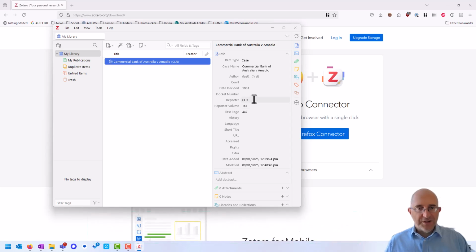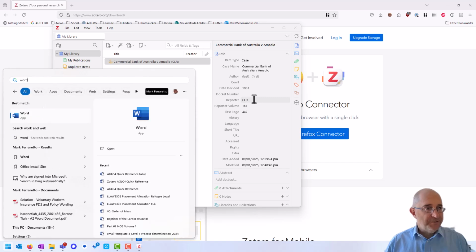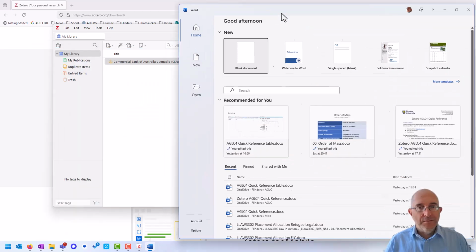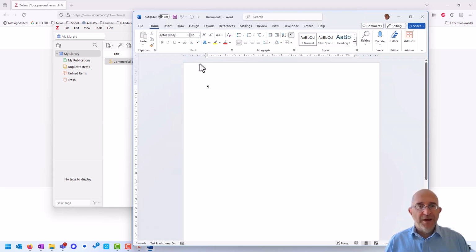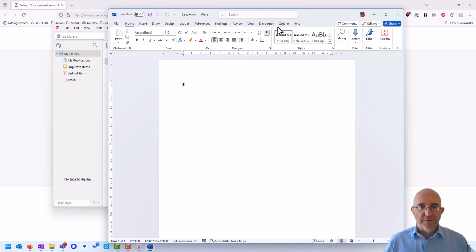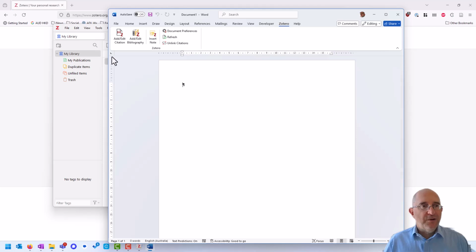So maybe let's start off by giving that a go. So let's go to Microsoft Word. So here is my Word window, so I'm going to open up a blank document. Now, because I have installed Zotero, you will see in the toolbar up here in Word that there is a Zotero toolbar now. So if we click on that, we have buttons here to add citations, add bibliographies, and to do other things. So what we want to do is that we want to add a citation about the Articlle